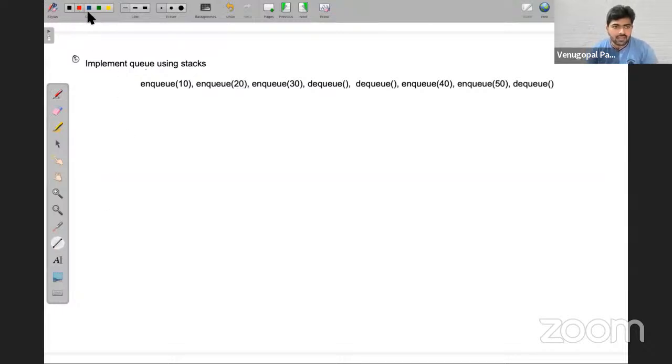Now they're asking you to implement a queue. We already know a queue follows only FIFO order. So this is entry and this is exit. Let me call this queue. Now first you are going to add 10, so 10 will be added, then 20, then 30. Now if I call this DQ operation, what is the expected output? Whoever comes first, that will come, 10. Next DQ operation, the expected output will be 20.